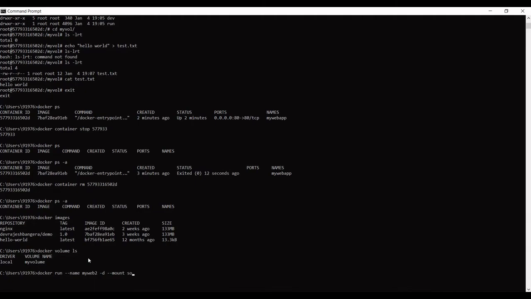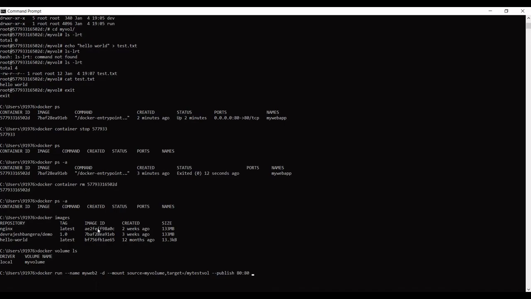Source equals myvolume, target, mytestvol, what else, publish port, and then the image ID.